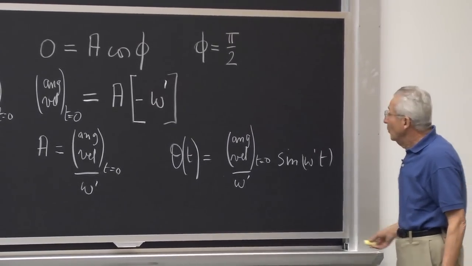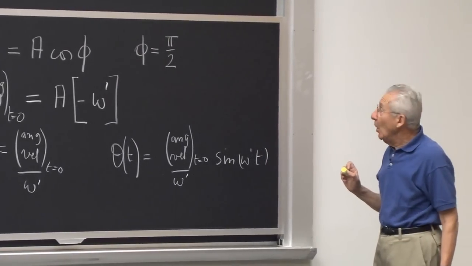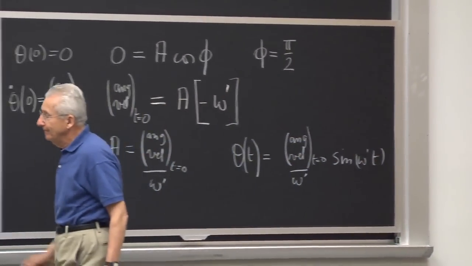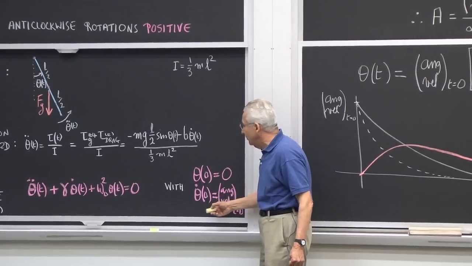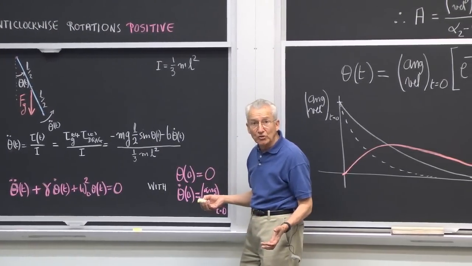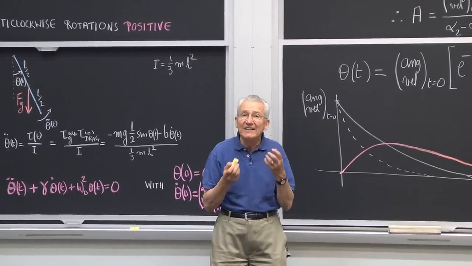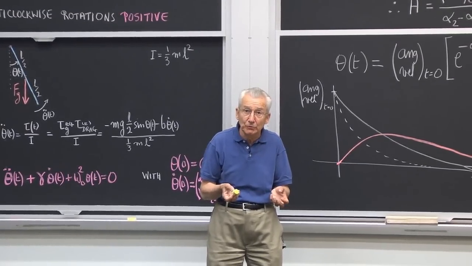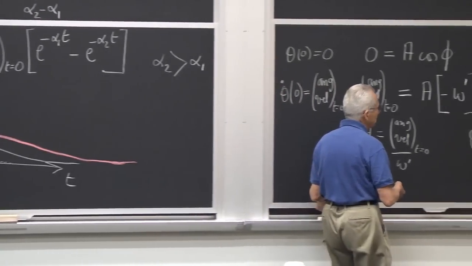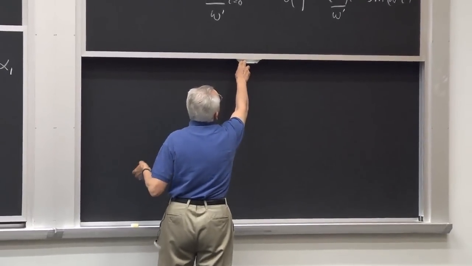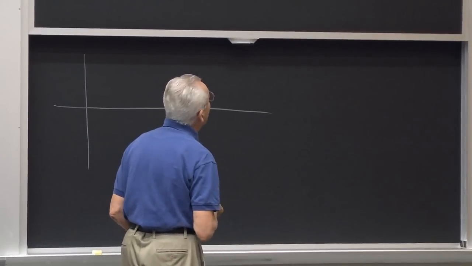Okay, so we have found the solution of this equation, the equation of motion, with these boundary conditions for the situation where the gamma and the omega 0 squared are such that they correspond to the low damping situation. What kind of a motion is that? If I plot this, now again, as we did, as a function of time, what,